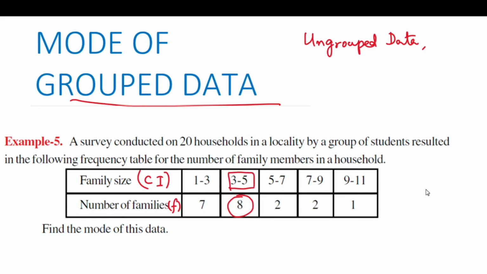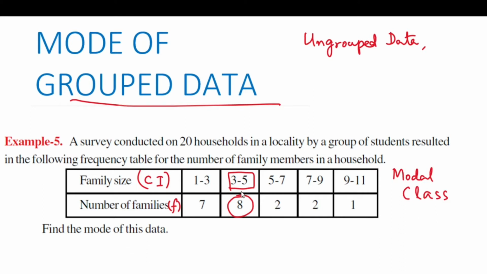We cannot find the original observation having maximum frequency. So here in grouped data, we can only identify a class having maximum frequency. This class having maximum frequency is called the modal class. So in grouped data, we can find a modal class, but not the exact modal value. We assume that the modal value exists within this modal class. The modal value is lying within the modal class. So we have to estimate where that modal value lies.